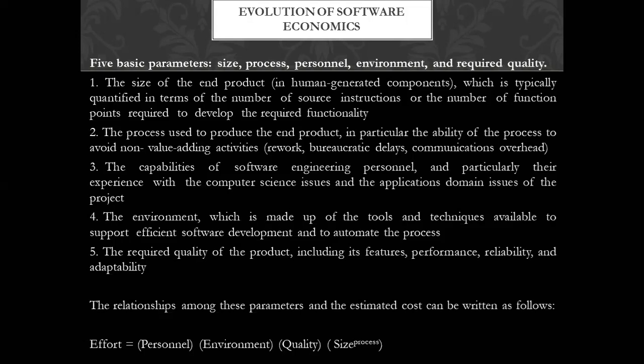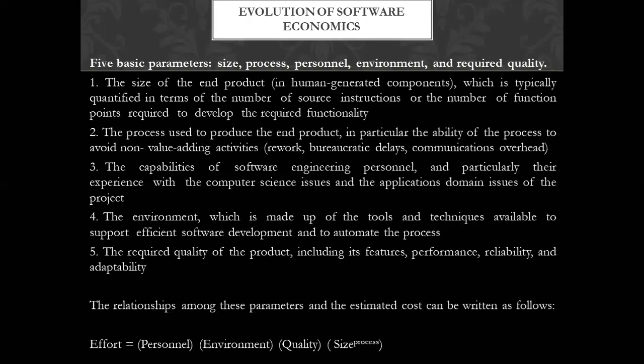So here in this slide, today we will see some of the theory. And in the last part of this slide, you can see I have written down one formula also. Okay. It is an effort formula, which is related to that COCOMO model. And I will show you how it relates to that one. But first, we have to see these five parameters on the basis of which this